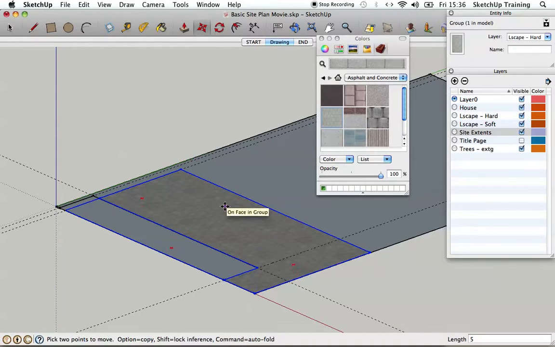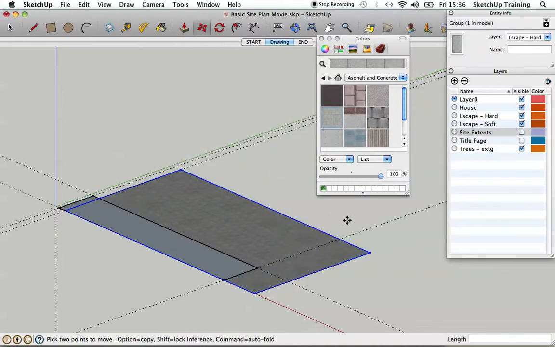So Command Z for me. There you go. You see it's struggling. But of course, we've drawn the site extents and tracing. We can actually simply get away from that by turning off site extents, and then we don't see it. So there you go. We've started to create the basis of a site plan,